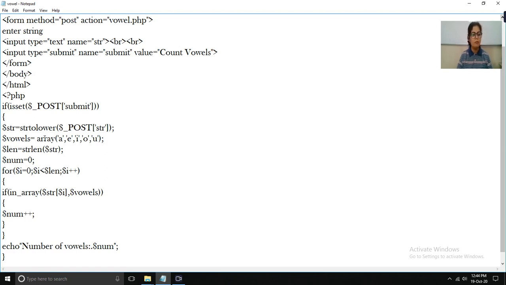So students, till this statement we have done 2 things. We have stored the value of the string inside the variable str, and we have stored the value of the vowels inside the variable vowels. The program will compare every character with the vowels, and decide whether it is a vowel or not.